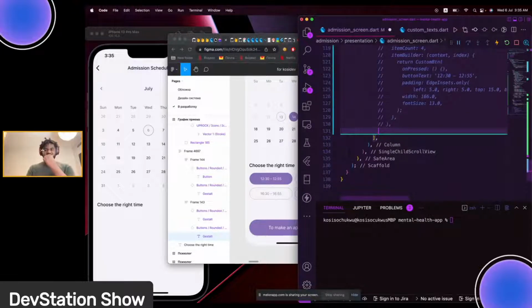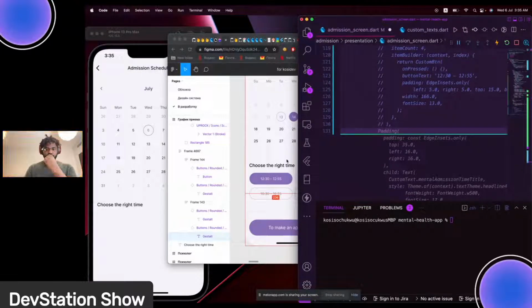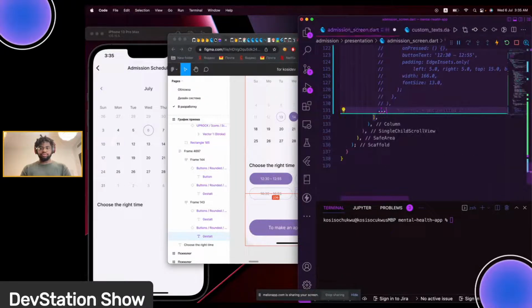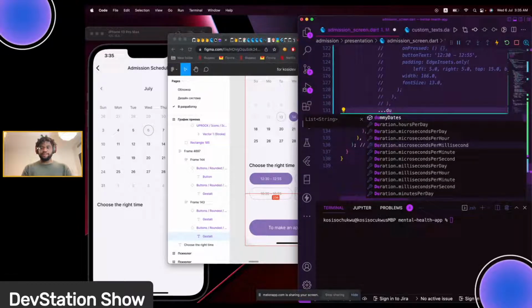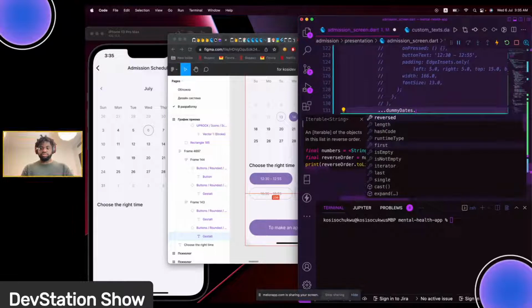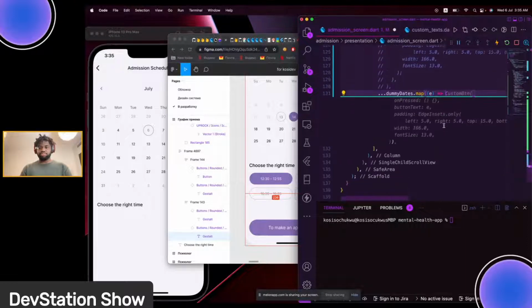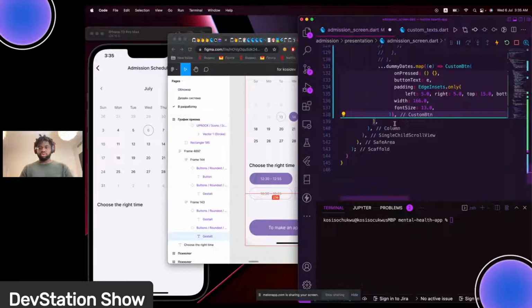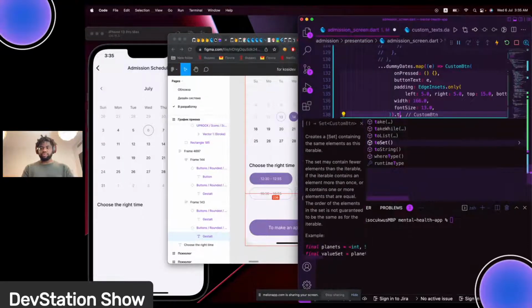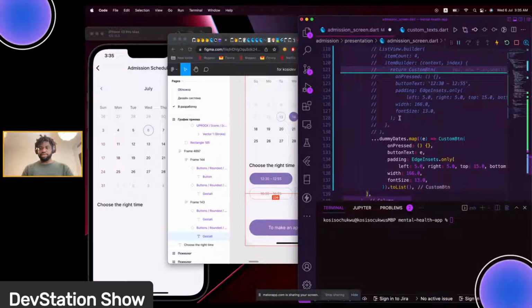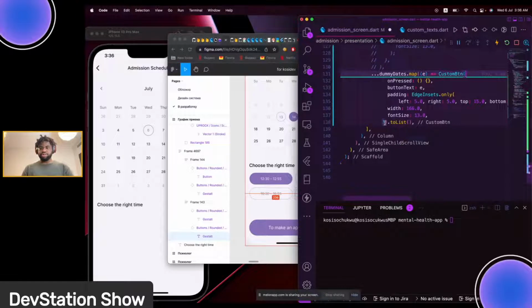What we could do is we say something like this dot dummy dates dot map that and return to list, convert it to be a list, and we are going to change the custom text in there with what we have here. Copy that over, replace this one,